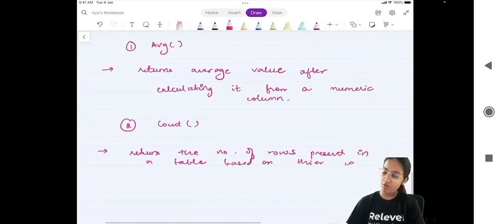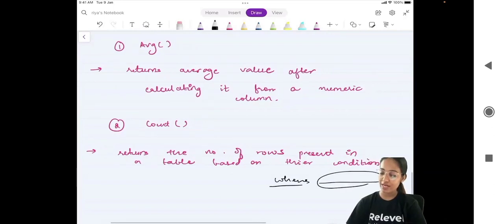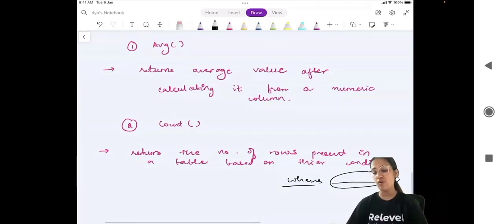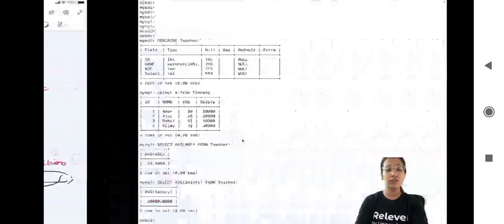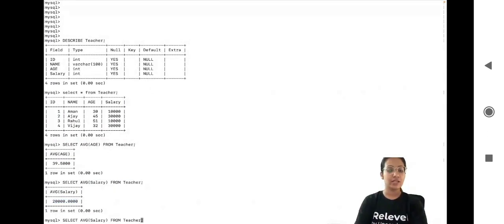Okay, so now you don't want to see what all rows satisfy that condition. Whenever you put a where clause, you basically get all the rows which satisfy this particular condition, right? But here you actually want to get the count of all the rows instead of actually seeing the data. Okay, let's say here I do